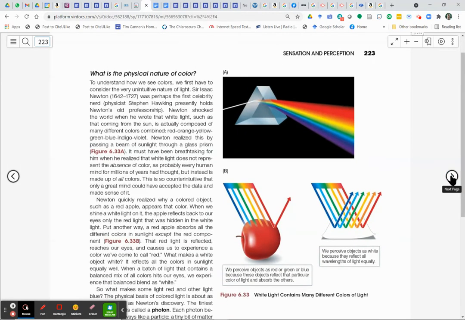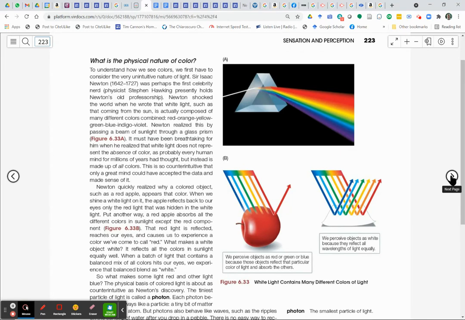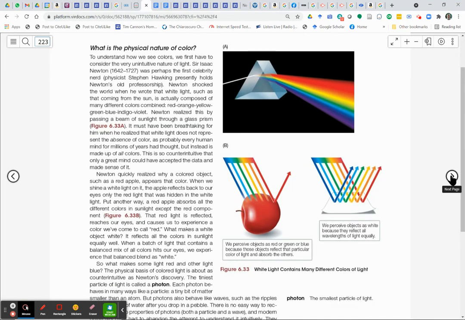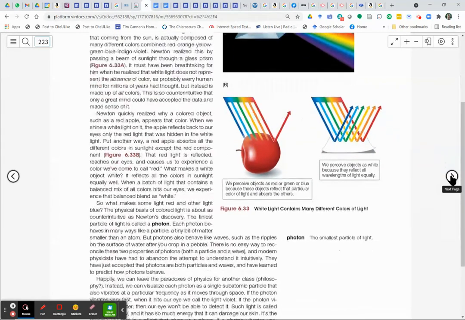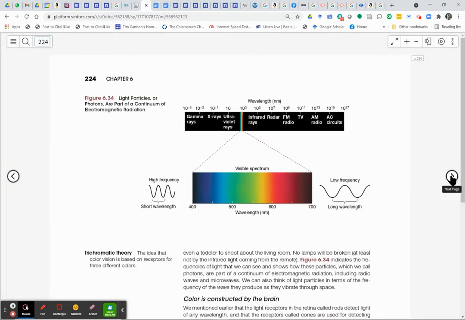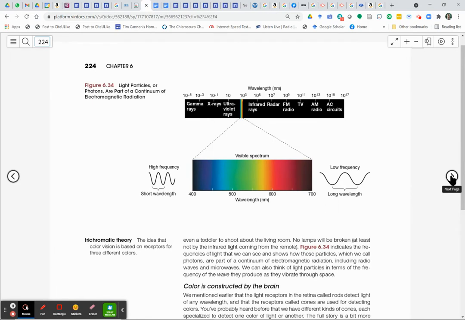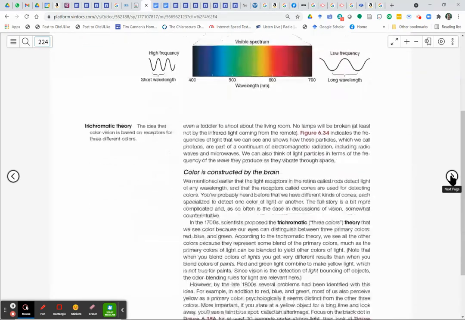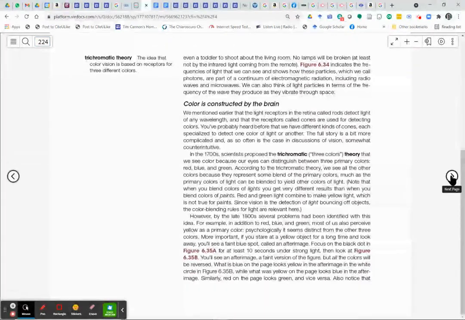Rainbows, Isaac Newton, why things have different colors, what they absorb, what they reflect, photons of light. Now we're going to get into wavelengths. The rainbow, Roy G. Biv: red, orange, yellow, green, blue, indigo, violet. Violet would be the higher frequencies. Red would be the low frequencies. The book focuses on the trichromatic theory of color vision. It's not the only